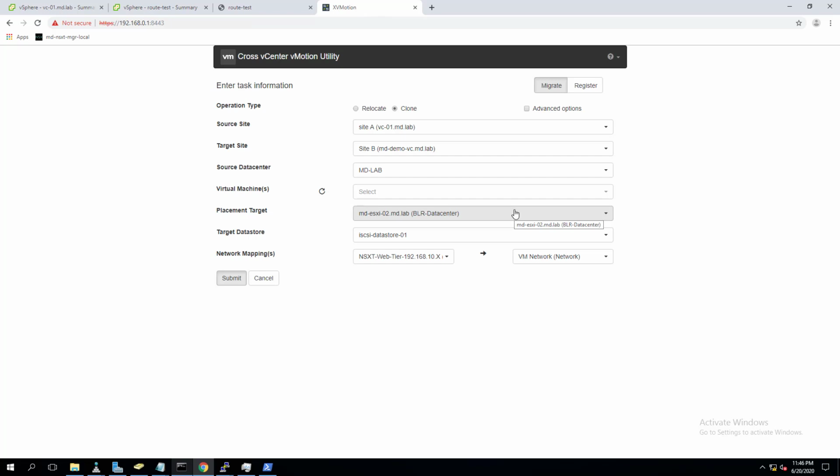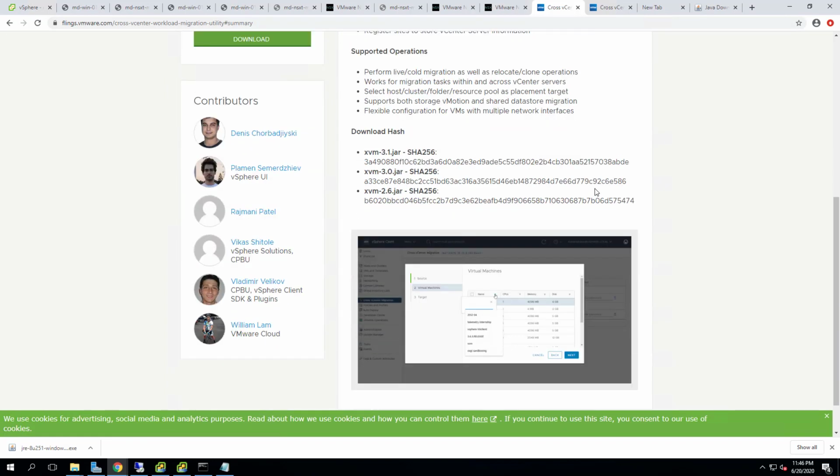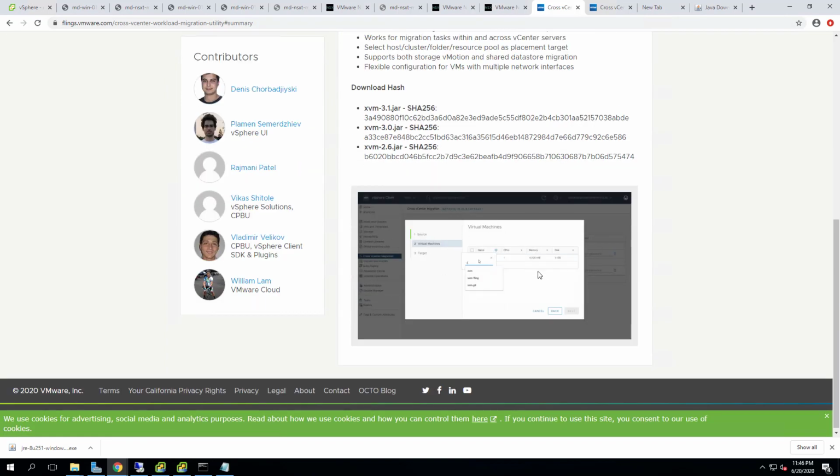This is one of the UIs which is external to the vCenter server. If you want to integrate this utility with the vSphere client, we do have an option. Maybe I will talk about that in a different video. As you see on the screen, this option we will get within the vSphere client.